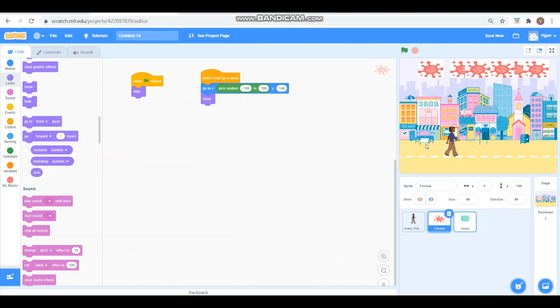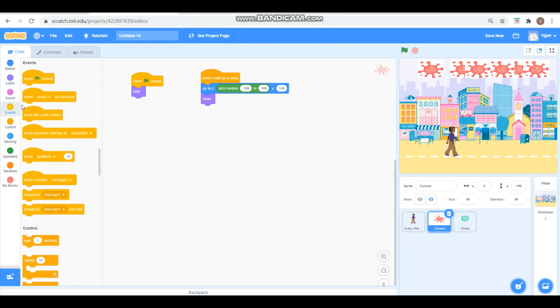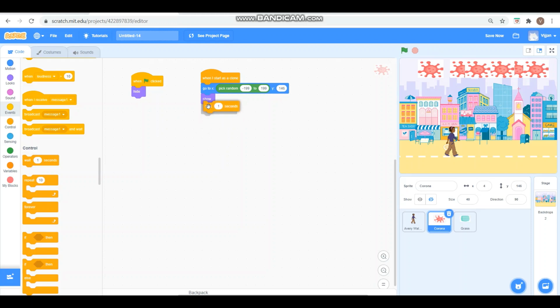So what we want these sprites to be displayed. Let's say there is a waiting time of 1 second or 0.5 second between each sprite. The first one will fall, after 0.5 second the second one will fall, then the third one, like that it should happen. So to do that, we'll put a waiting time. Wait for 1 second and then change the y position, so that it will be falling from different places, right?